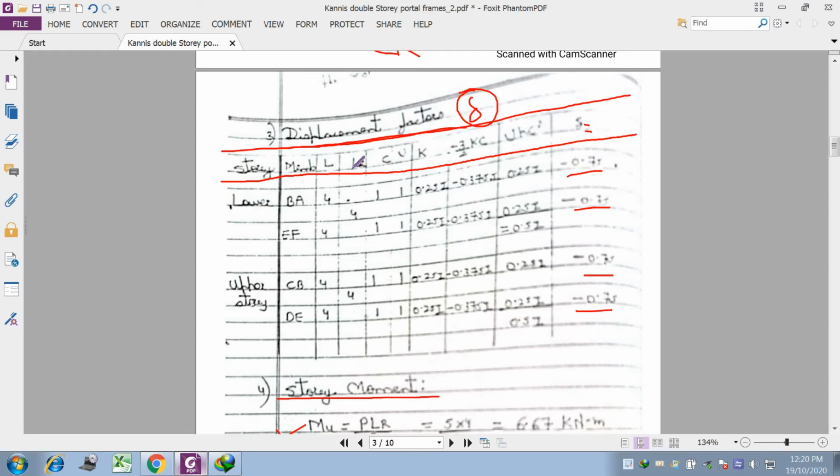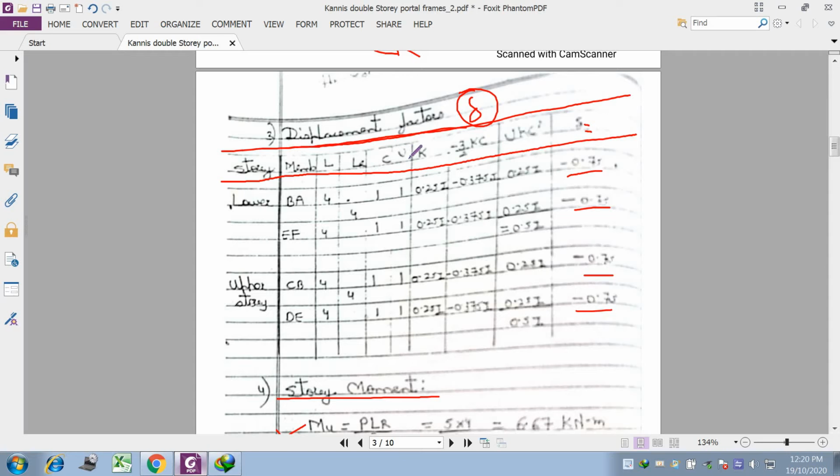Then the calculation of LR. So what will be the LR? LR will be the maximum of these two lengths, so by default it will be 4. Then calculation of C. C is nothing but a stiffness factor. So C will be equal to 1 for hinge support, 1 for fixed support, and for the rest of the supports it is 3/4. As our case is of fixed support, the C value will be 1, 1, 1, 1 for all the cases.